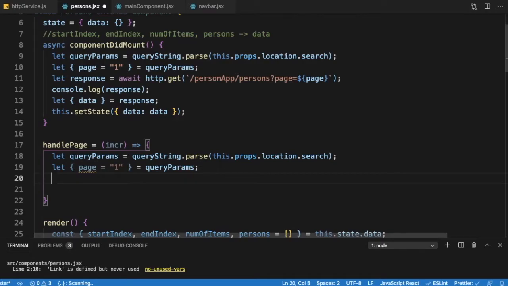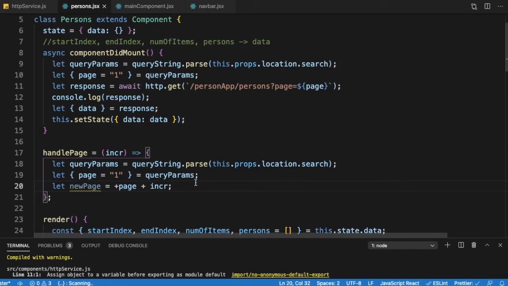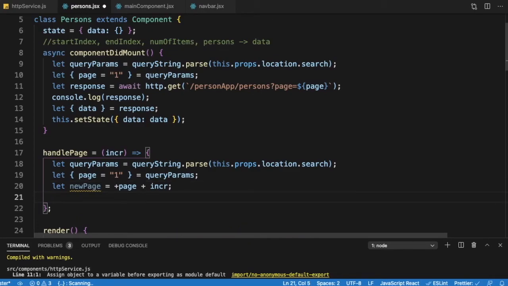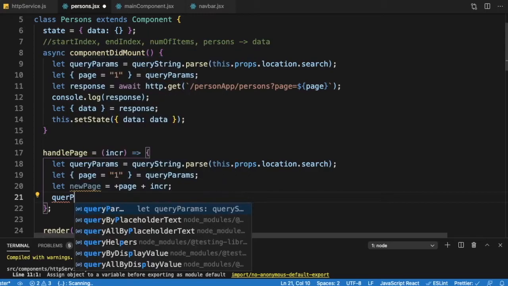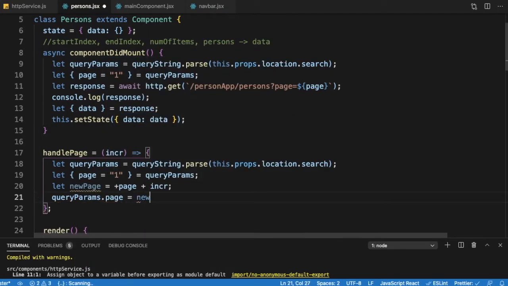Let new page is equal to plus page plus increment. So depending upon the page number that we have, we will get the new page. So once we know the new page, we can just say query params dot page is equal to new page,